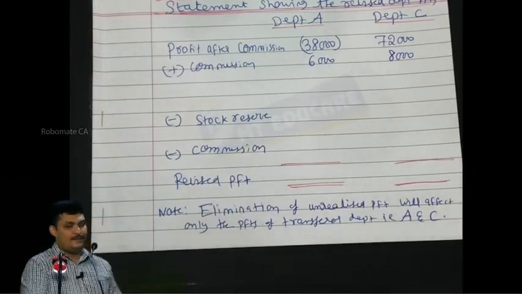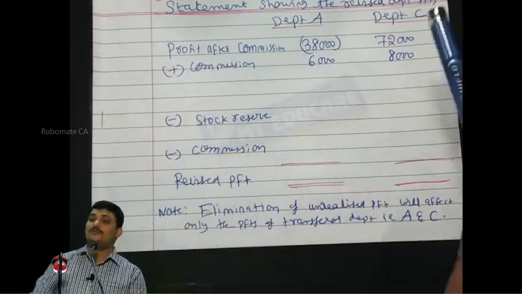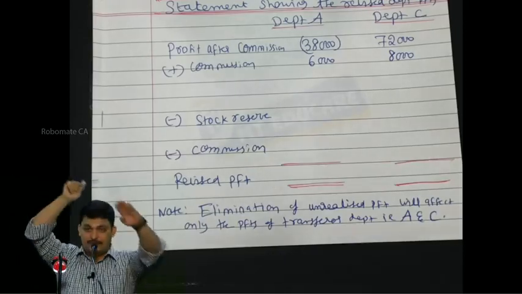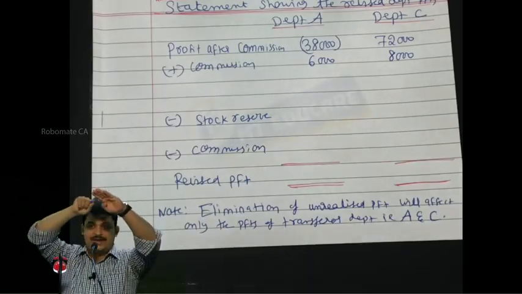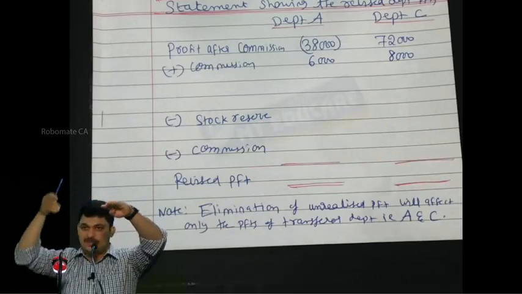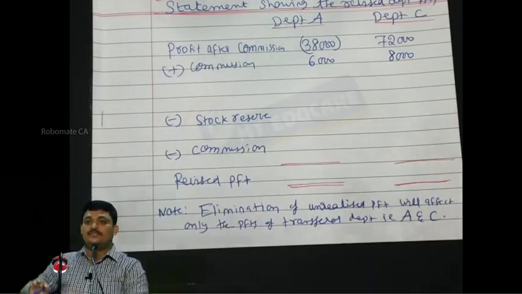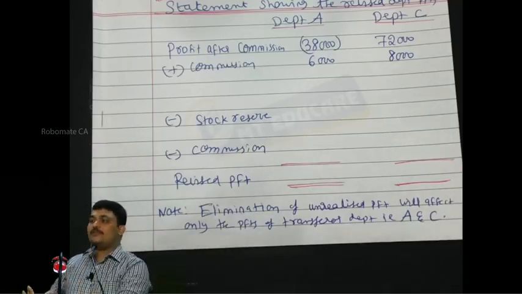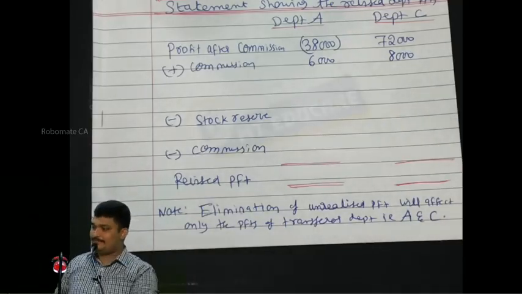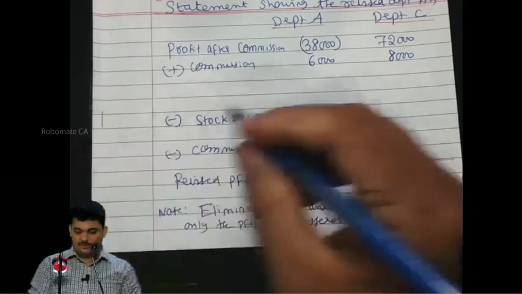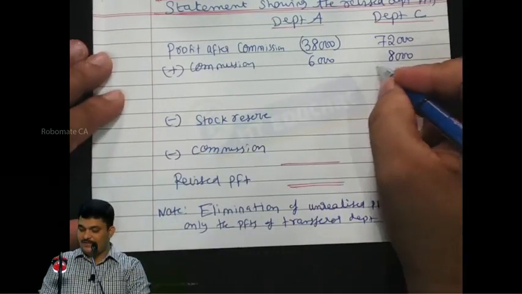Correct? Because it is not 72,000 on which 10% was given. On X amount before commission, 10% was applied and that was given as commission. Balance is 90%. So 72,000 is not the profit. 72,000 is only 90% of profit. Are you following this? So thereby here the computation is